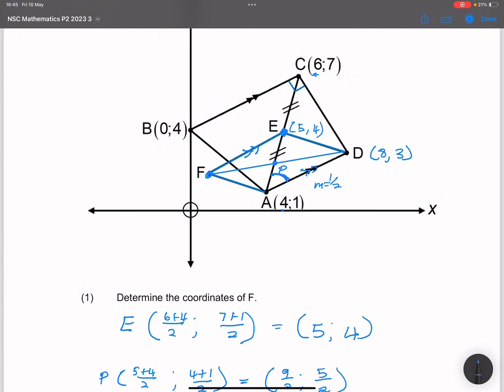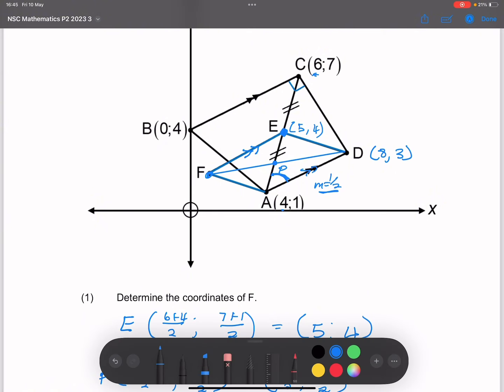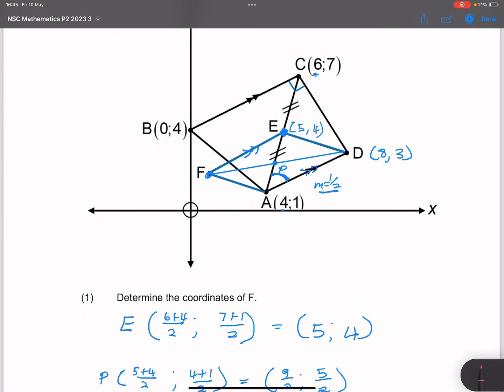Now we've got the line CA and we've got the line AD. We already know the gradient of AD. Now, I want you guys to please see this. I'm going to try and draw it in a different color. If I just extend that line AD there, and I also extend the line CA,